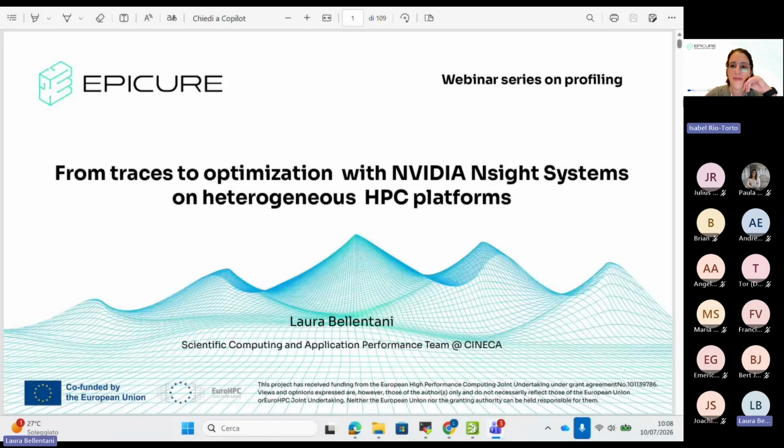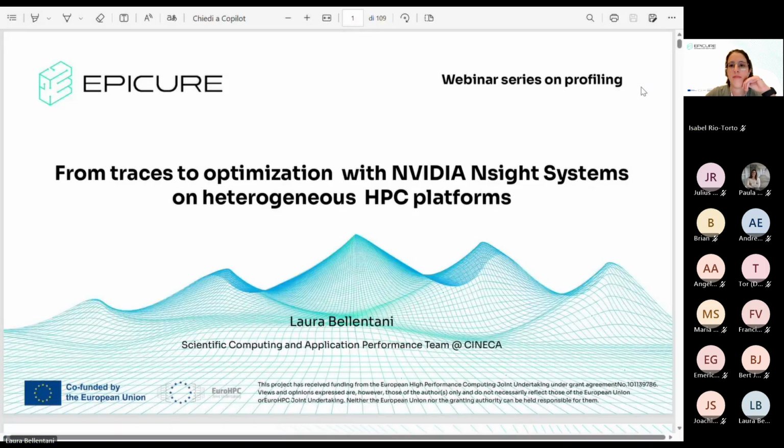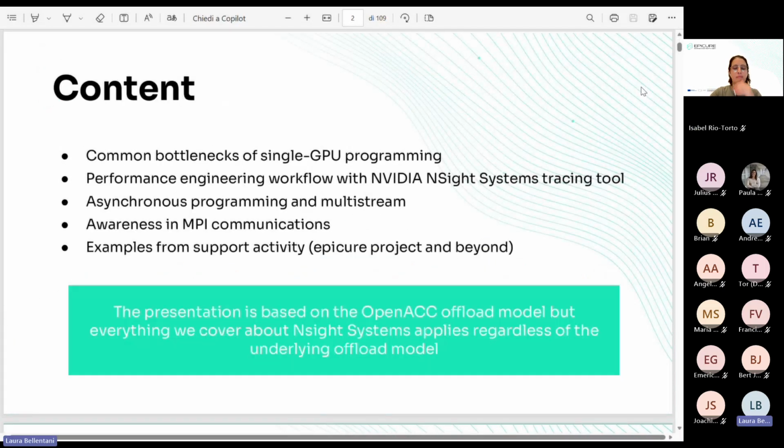Yes, perfect. Okay. So first of all, I will describe a bit the agenda of today. We will start by looking at some common bottlenecks of single GPU programming. And then I will show how to implement a performance engineering workflow with NVIDIA Nsight Systems tracing tool.